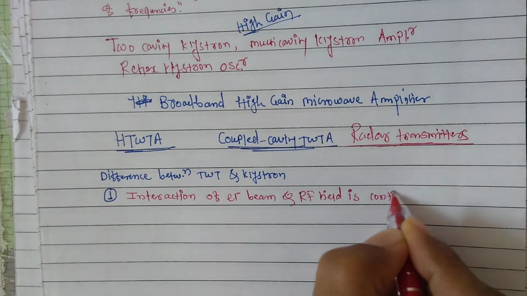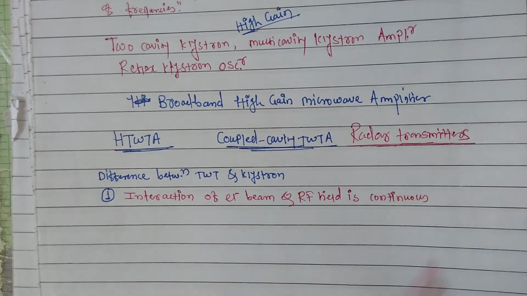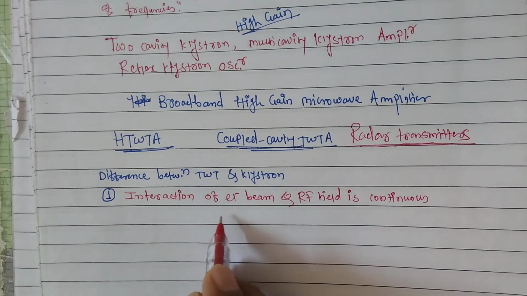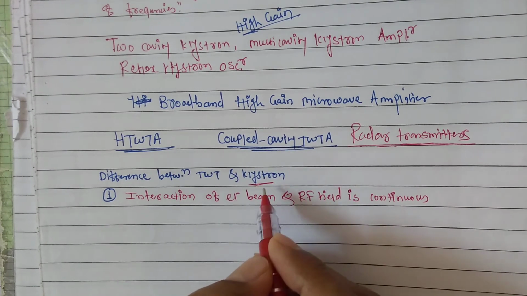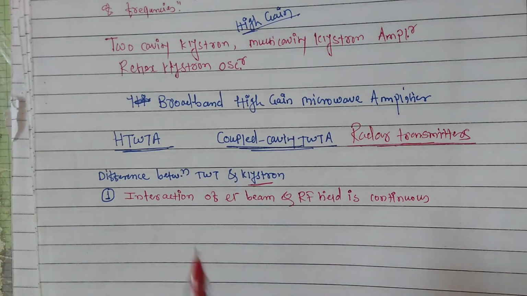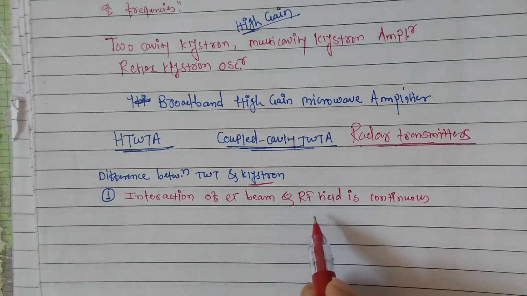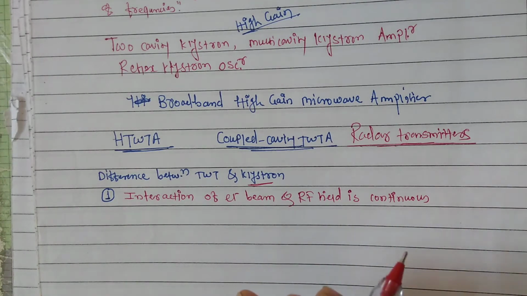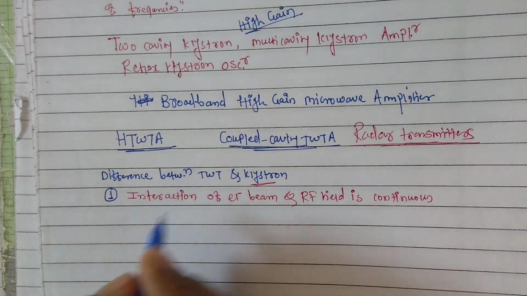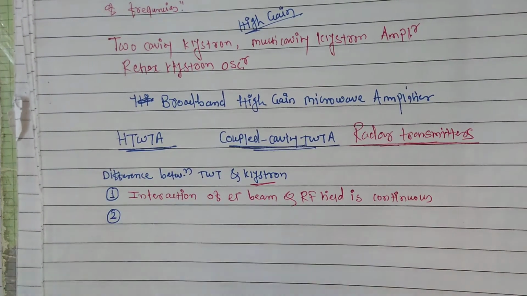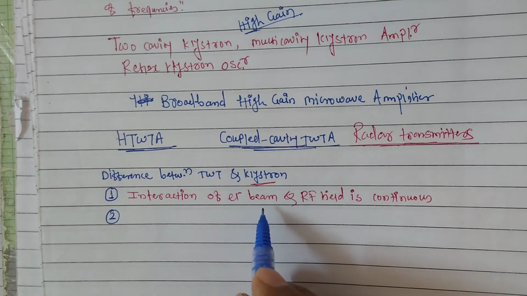Throughout the length of the tube, the RF signal and electron beam keep interacting, but in klystron tubes such as two cavity or reflex, the interaction between electron beam and RF field is restricted to the cavity itself. So that is the first point one has to understand about the difference between klystron and TWT, and that is the reason